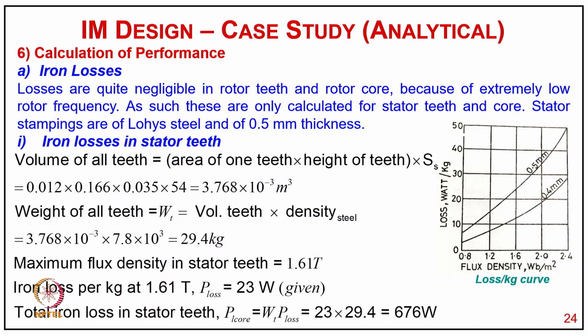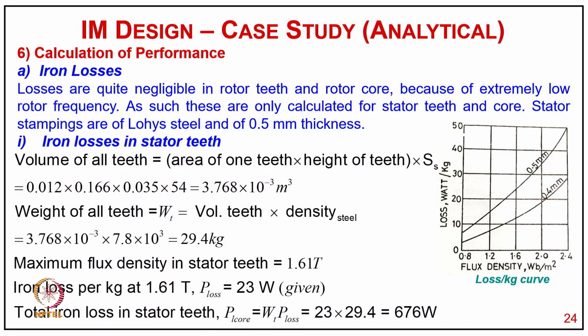So how can we get the performance? First we like to estimate the iron losses. The losses are quite negligible in the rotor teeth and rotor core because of the extremely low rotor frequency. The rotor frequency is the slip frequency, and slip is of the order of 4 to 5%. So here the frequency comes to 2 to 3 Hz, which produces almost negligible core losses in the rotor